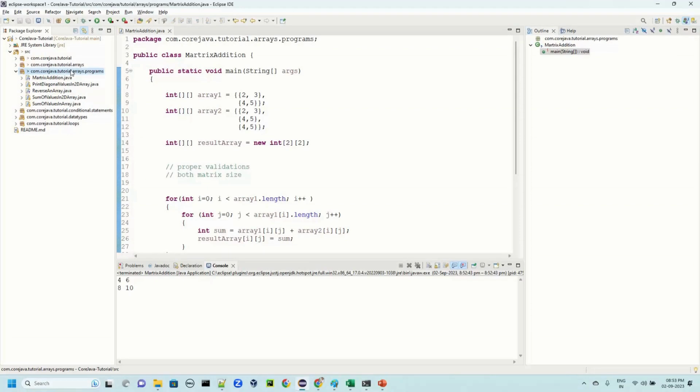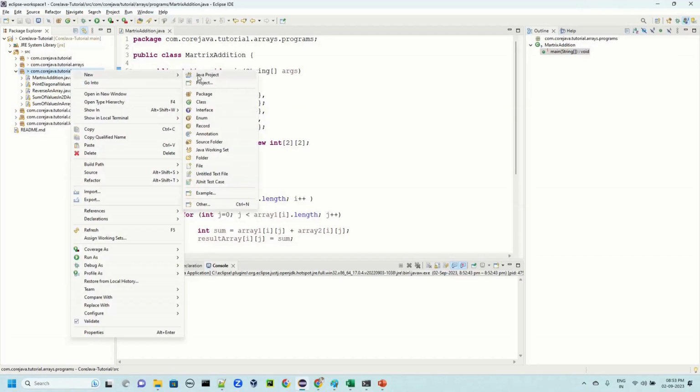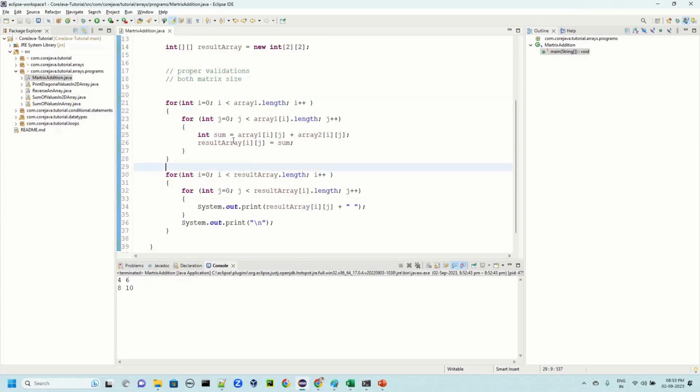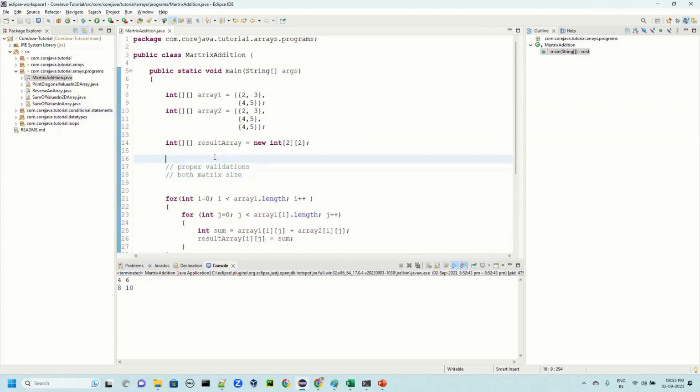Let's look at matrix multiplication. Matrix multiplication also has a formula, or a way we approach the problem. Okay, so let's say